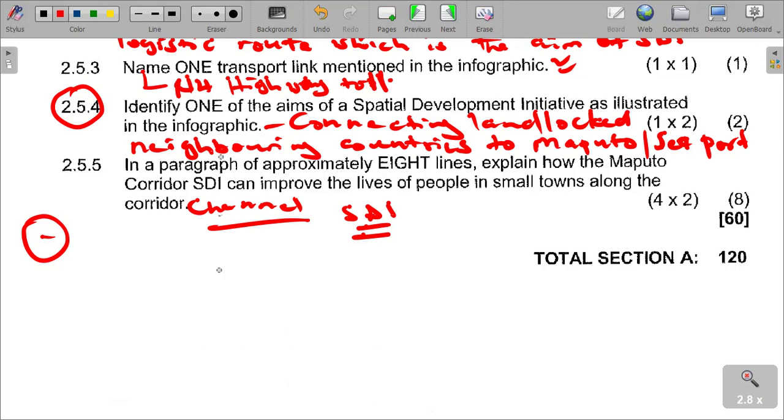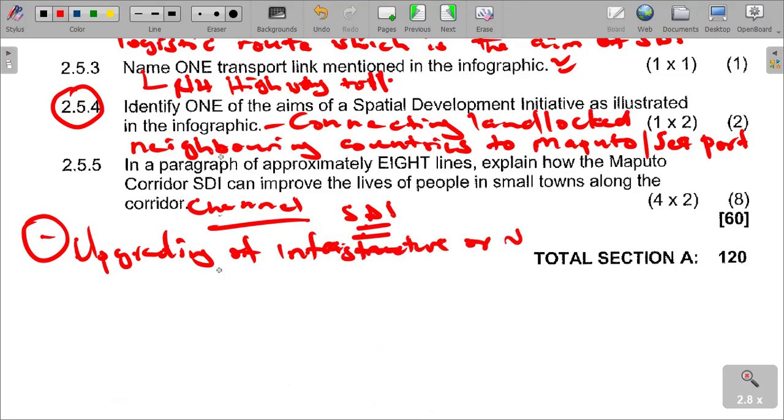One, it helps the upgrading of infrastructure, or the N4 highway link. When this is upgraded, it saves travelling time